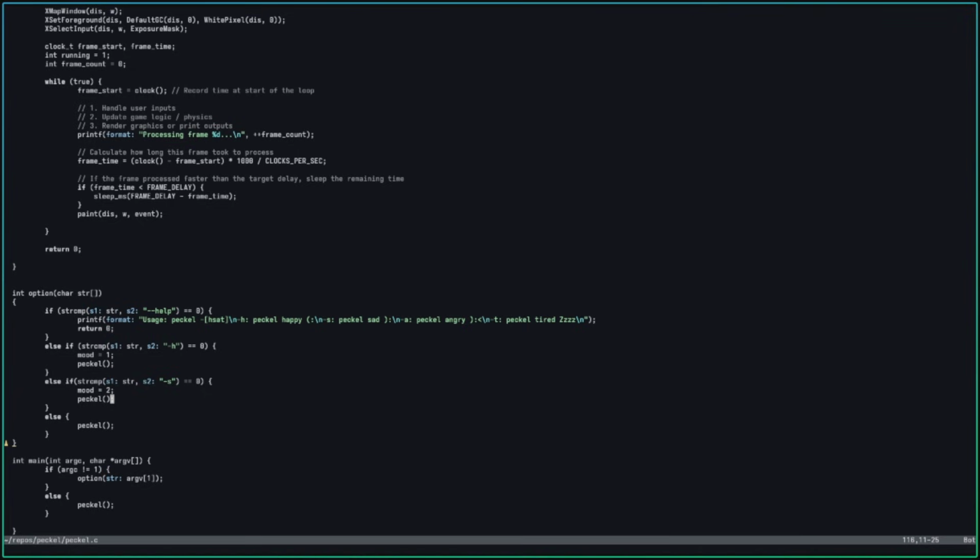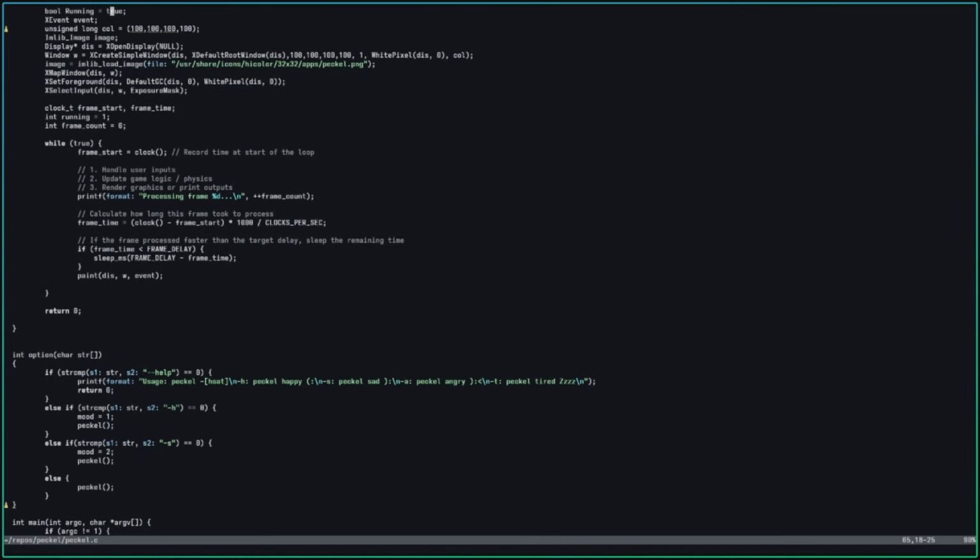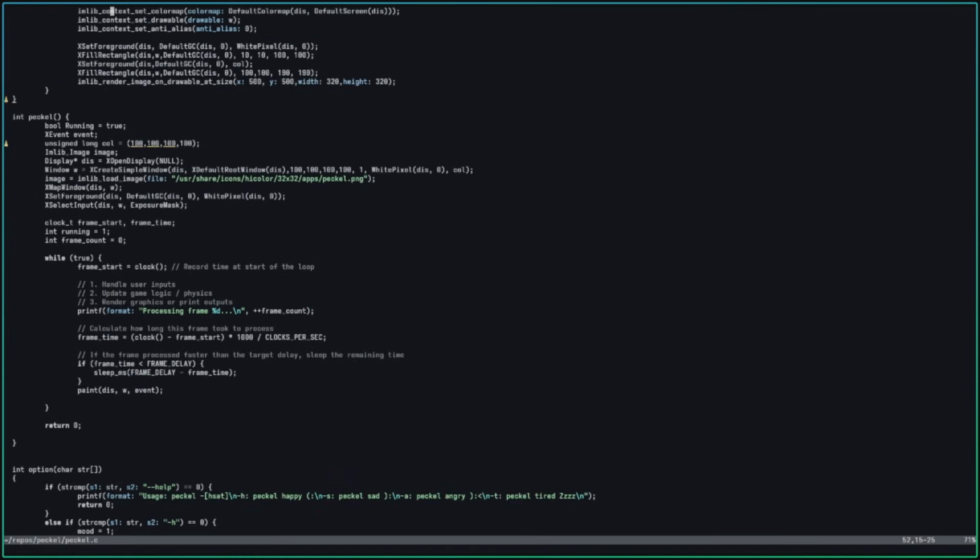Now you might ask yourself, what does the Peckel program exactly do? Does it actually make the window unlock? No, of course not. What it actually does is just make basically an FPS counter to allow you to count the frames and do math to make it locked at 60 frames per second. Now that gives a paint part of it when the program is actually running and true, and basically that will just make the window and open the image up,